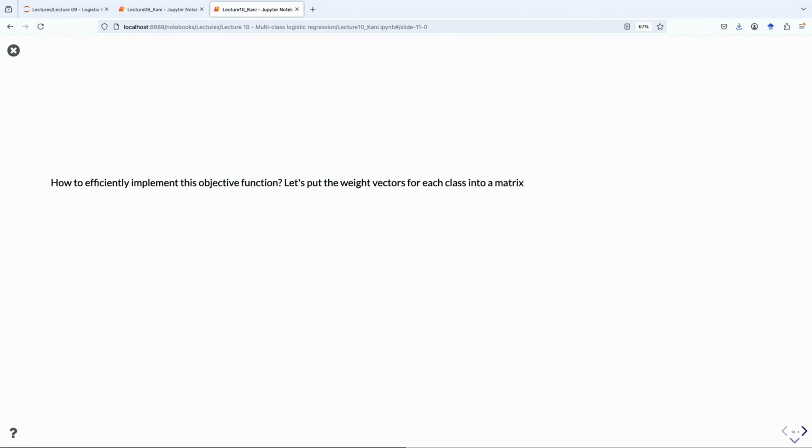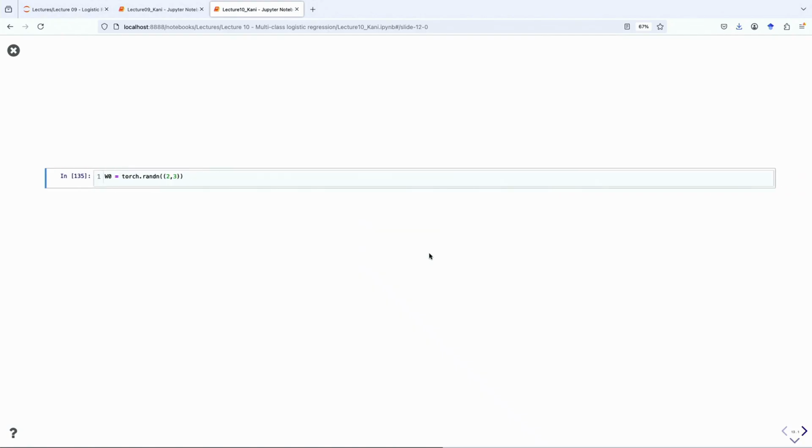So how do we implement this objective function? Remember, we have a set of weights for every class. No two ways around it. So we have a set of parameter weights for every class. And so we just generate our